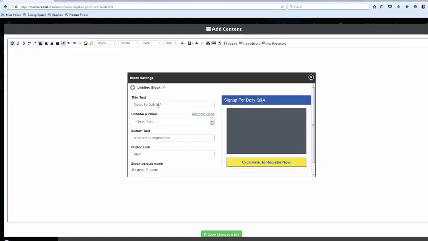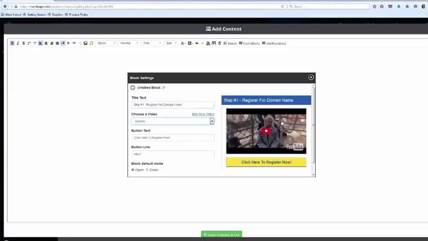And now we're going to simply customize these fields. And you're going to see it change over here on the right side. So I'm going to say step number 1, okay? And we'll say step number 1 is register for domain name. And then we can come over here. We can go ahead and pull in an existing video, or we can add a new one. That's how fast it comes in. And then we can come over here. We can change this out, right? I say click here for step number 1, right? And then we come over here and we put our link.